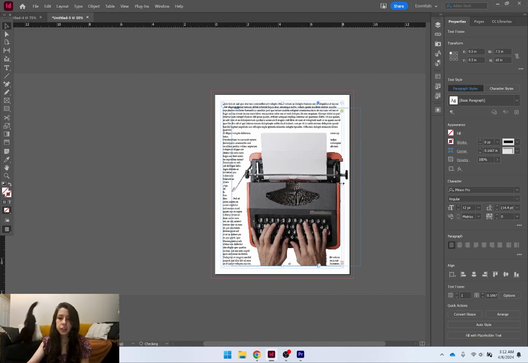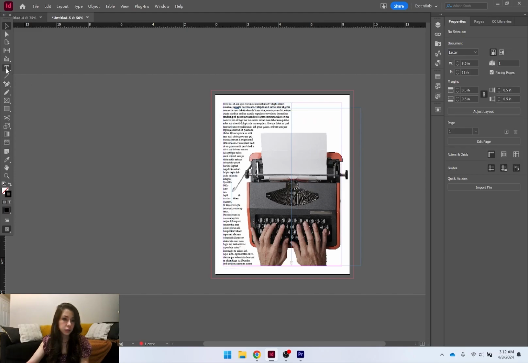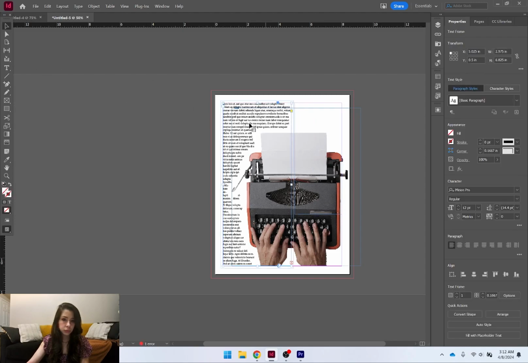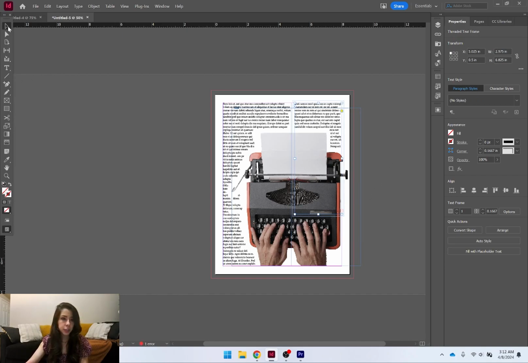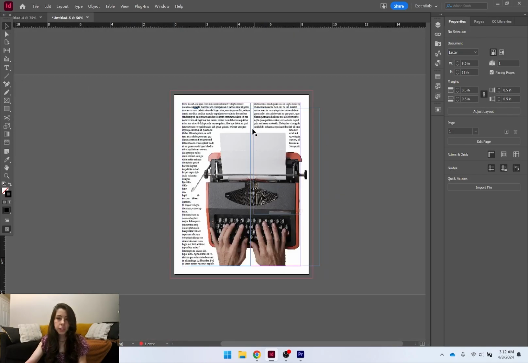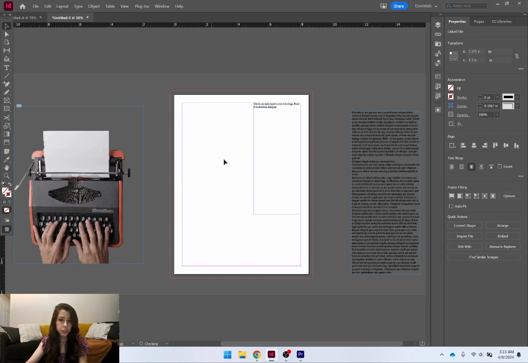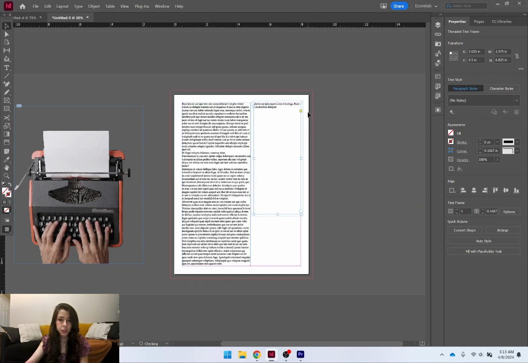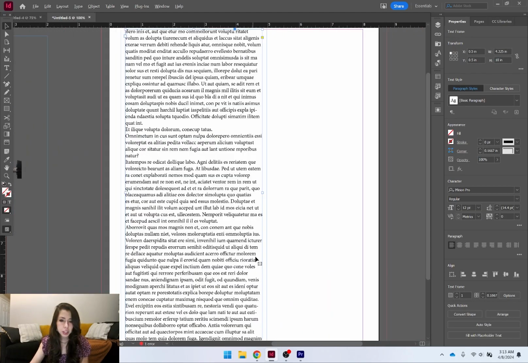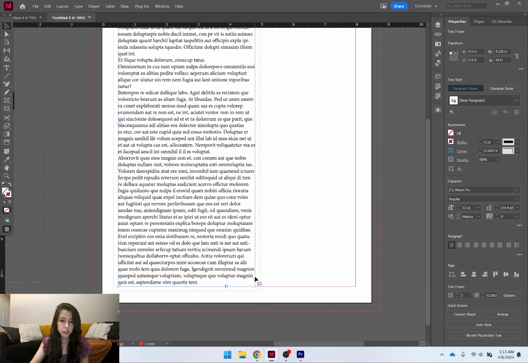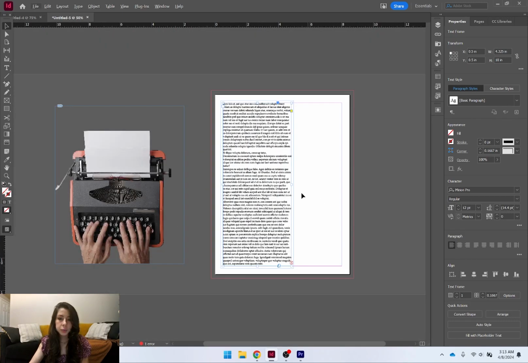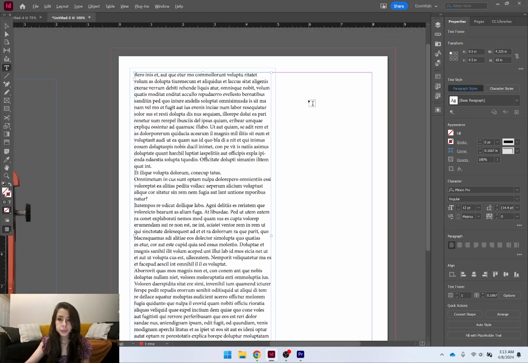And even if we added another text box, it's still going to wrap around our image. So something you might have seen me do just then that I'm not sure we talked about last time is if you have a text box that has too much text in it and it can't fit all of the text that you have written out, when you draw out another text box,